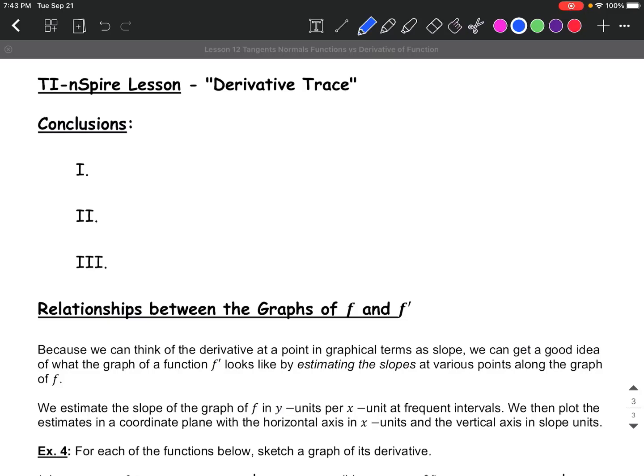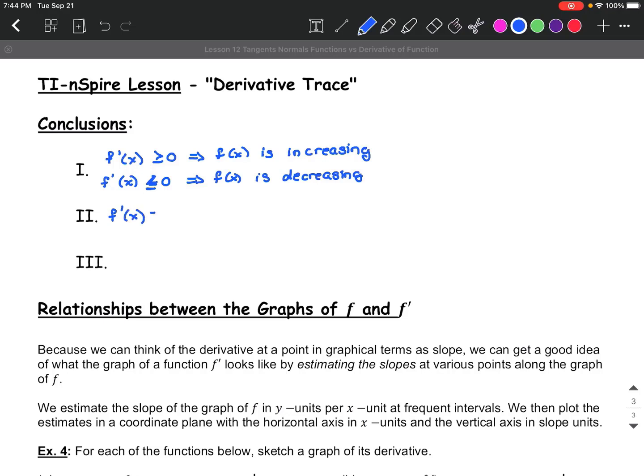Okay, so what did we learn? We learned that when the derivative of f of x is greater than or equal to 0, that means that our function f of x is increasing. When our derivative f prime of x is less than or equal to 0, and notice, yes, they both have an or equal to on them, f of x is decreasing. We also noticed that when the derivative is 0, f is horizontal,